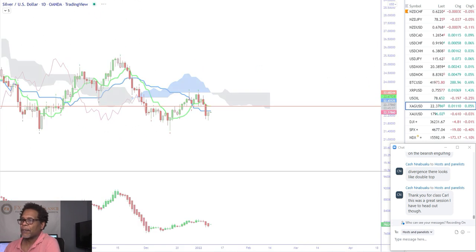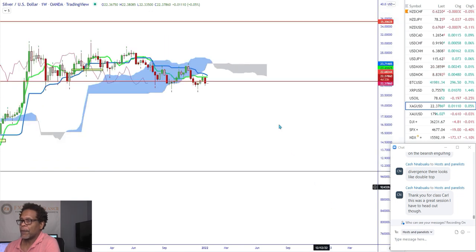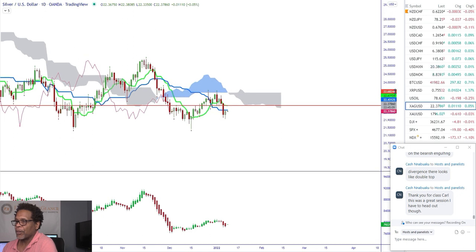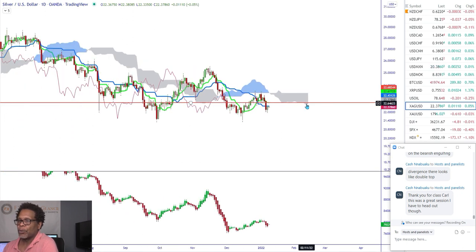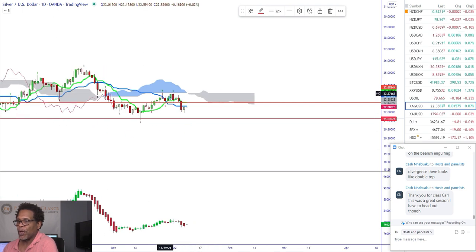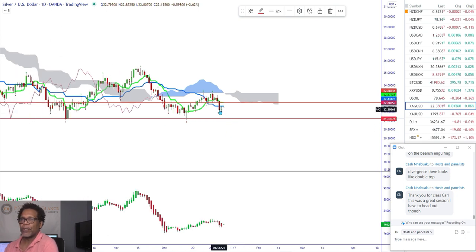Let's see what the weekly looks like. Weekly is bearish. Let's go to the daily. The daily is bearish, but it's kind of flat. So there's some levels that it's failing to get through. So these are the levels. You can see we double bottomed out right here. And then we crossed over bullish, but we got a flat cloud, which is dark. Chikou Span's inside price, we're ranging. This is a ranging market here. I don't see any opportunity to do anything with this. If anything, it may push back down to this level. But right now, I wouldn't be messing with this.